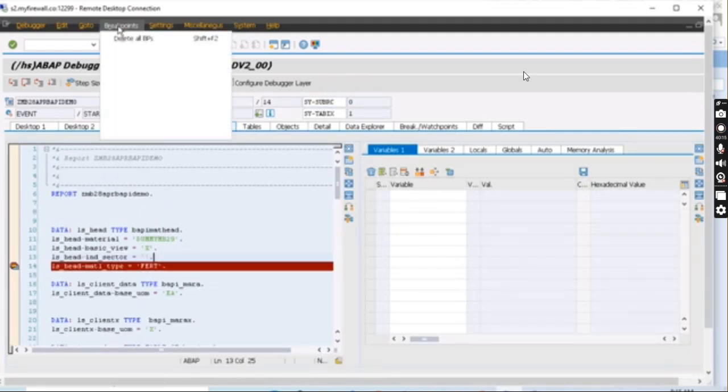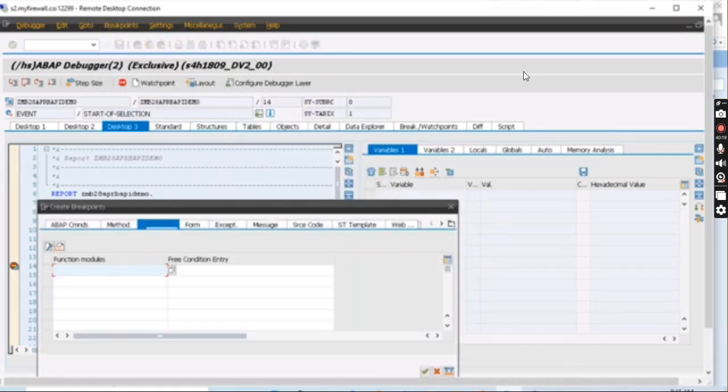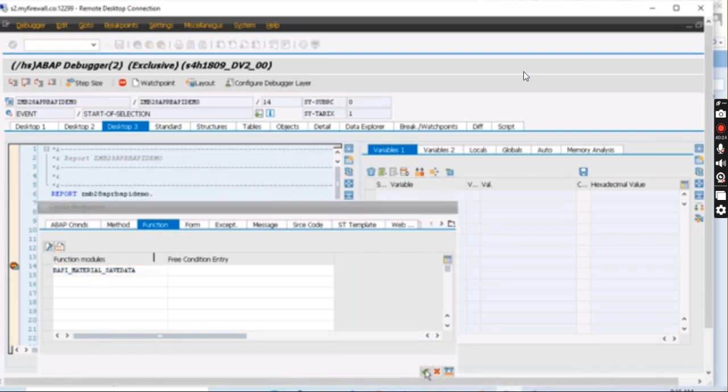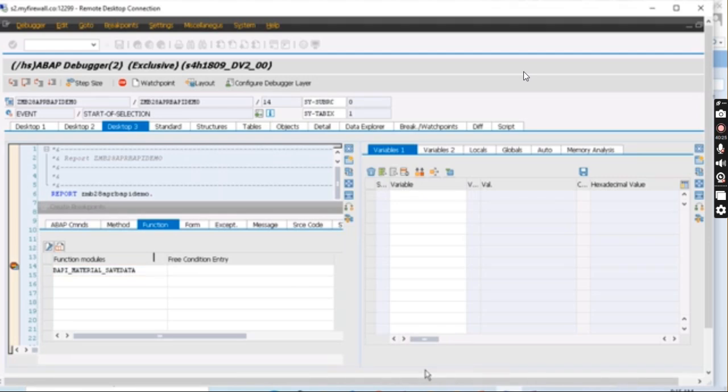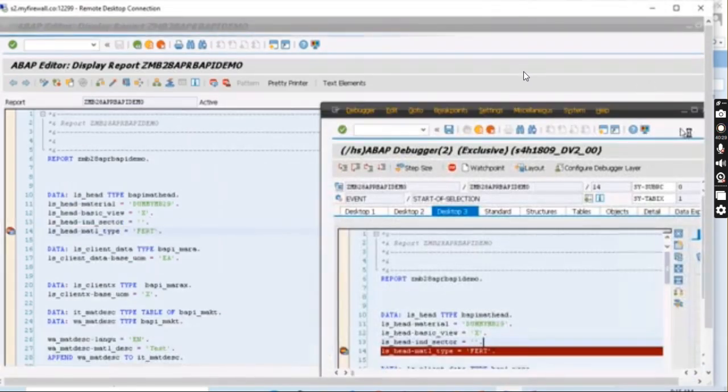apply the dynamic breakpoint. Go here, breakpoint at function module. I have copied it already, paste it over here, and click on this OK button. So wherever that particular function module is, it will go and stop.